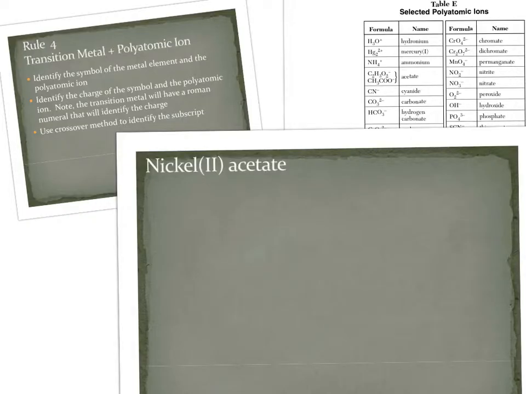So rule number 4, we're dealing with transition metal and polyatomic ion. We're going to identify the symbol for the transition metal and the polyatomic ion. Then we're going to identify the charge. Remember that for transition metal, the charges for the transition metal is in the compound name. And for the polyatomic ion, we need to go to table E to get the symbols and the charges. And then after that, we use the crossover method. So let's take a look at nickel acetate. So our symbol for nickel is Ni, and the symbol for acetate is